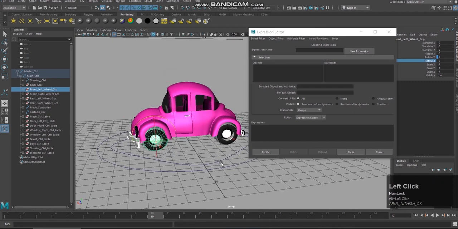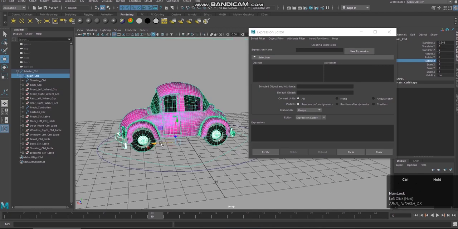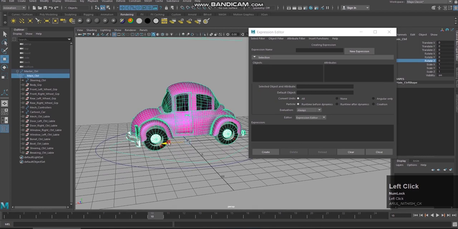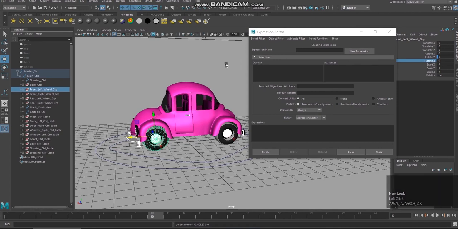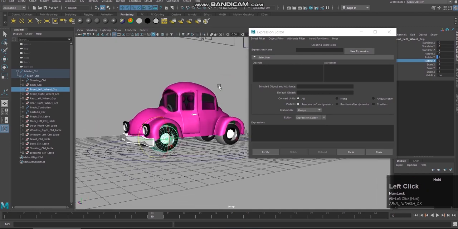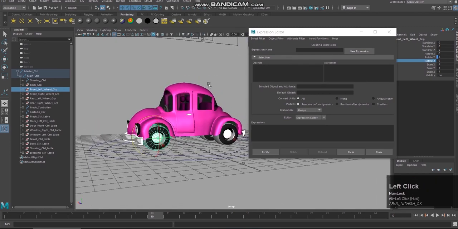Okay, so this should move, and as a result of the translation x of this main control, this rotation should happen. Yes, this rotation should happen. Okay, so let us give a try. Like I'm just selecting one group like front left wheel group. Go to expression editor. Okay, you keep the default settings by expression name, and now you can